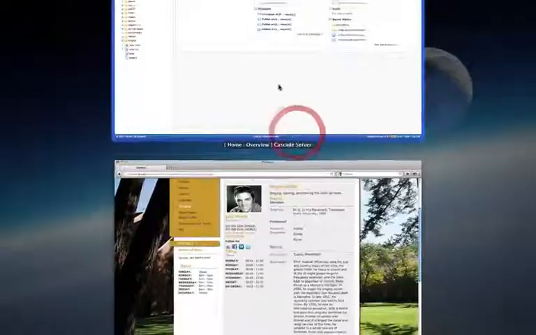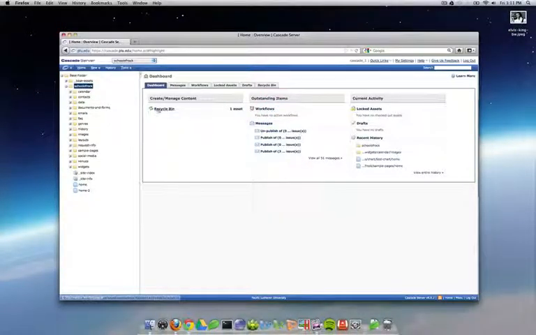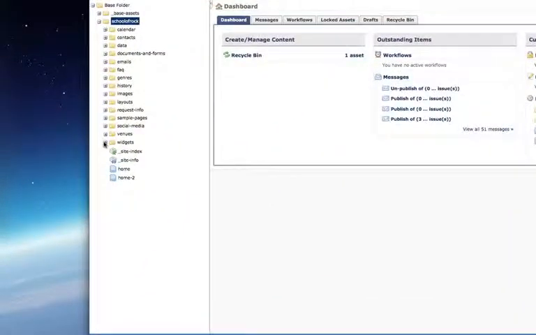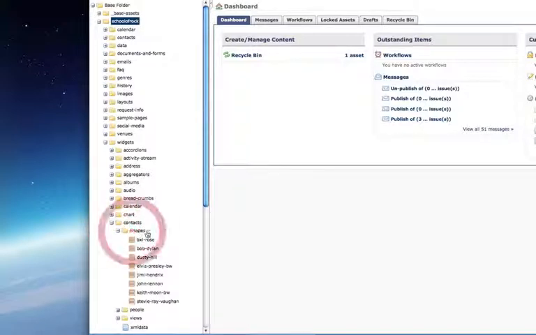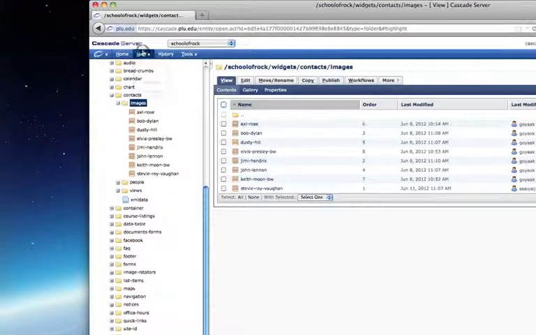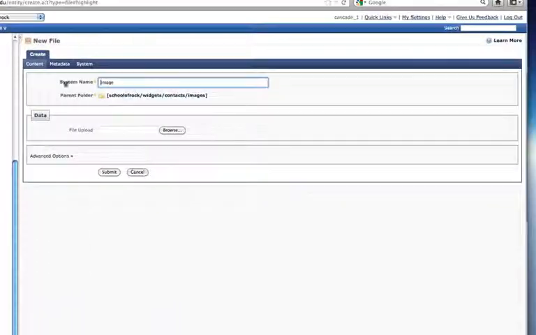So let's switch to the Cascade web server here, and we're on the School of Rock site, of course. Let's get in our profile image that we're going to use here, because we need to get that in there first so we can link it up later. So we'll click widgets here, we'll find our contacts widget, we'll go into the images folder, and we'll go to new, and we'll upload this new image here. So we'll call it Test Elvis,